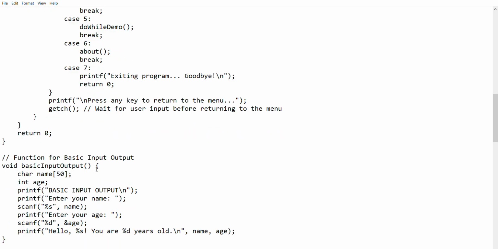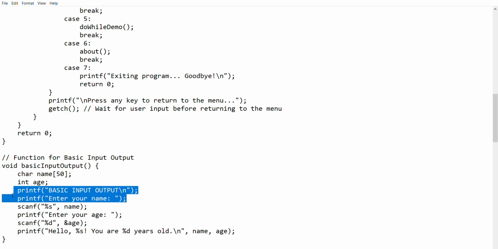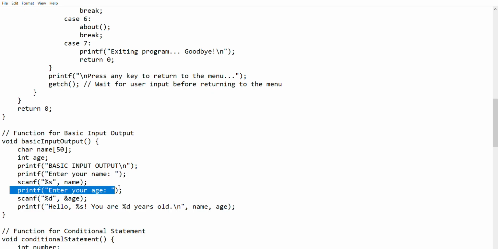Let's go to the basic input output. This option demonstrates how to collect user input and display it. It asks the user for their name and age.